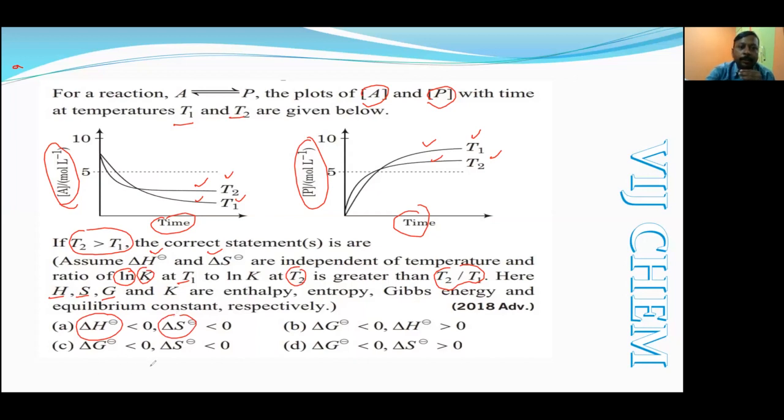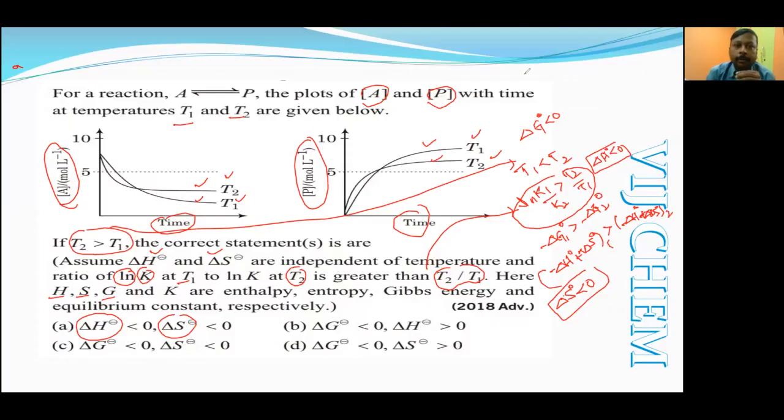Okay, so let's give you time to try to answer it. Otherwise, I will explain. In this question, we have to use the Gibbs-Helmholtz equation. What equation are we going to use? The Gibbs-Helmholtz equation, which says that delta G is equal to delta H minus T delta S. This is the relation we have to use, with two conditions: one at temperature T1 and another at temperature T2. So I am converting the statements into formulas.